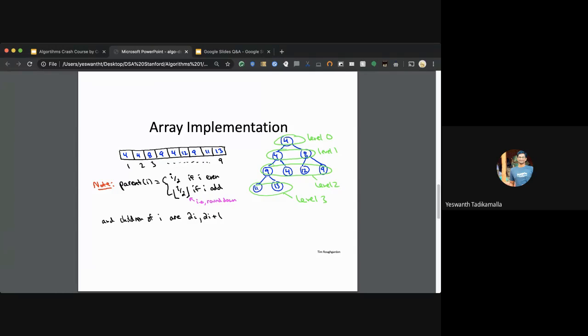This array implementation is possible because we reimagine the heap in the form of a balanced tree. That's why for a given node at a given location, its children will be 2i and 2i plus 1.